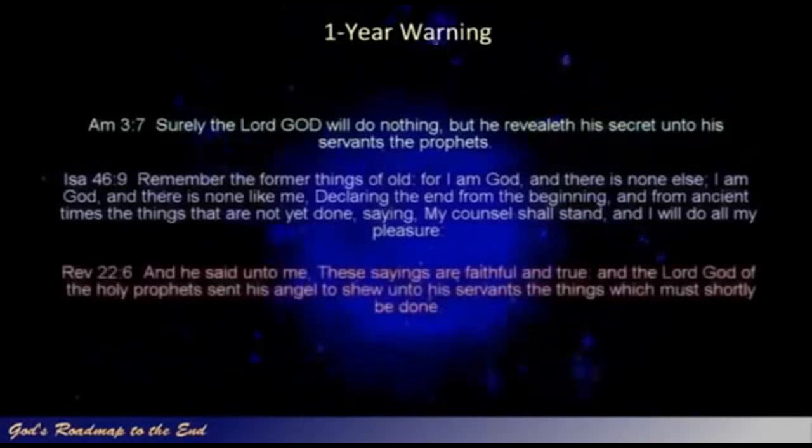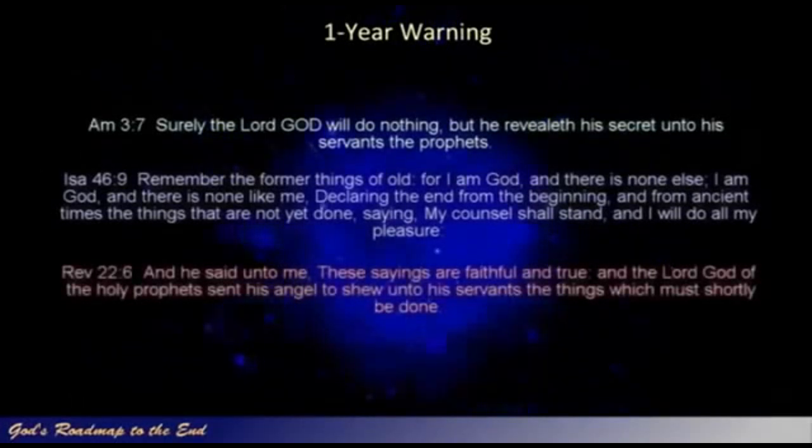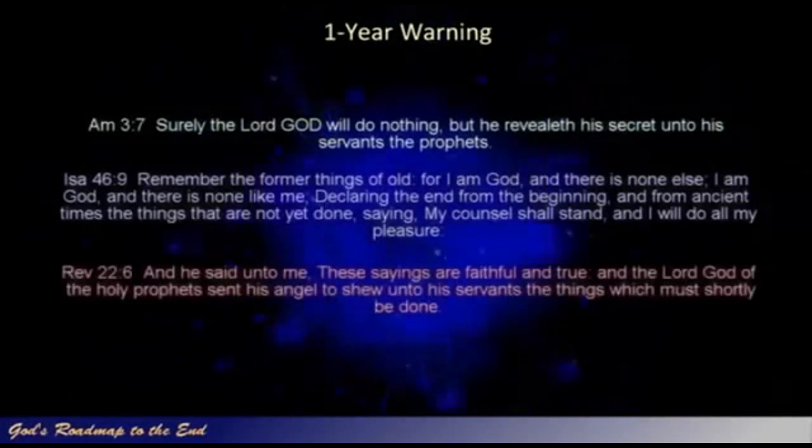Revelation 22 verse 6. And he said unto me, These sayings are faithful and true, and the Lord God of the hosts